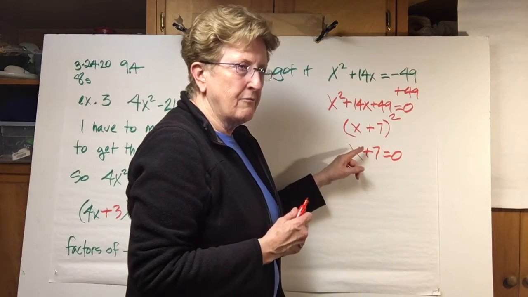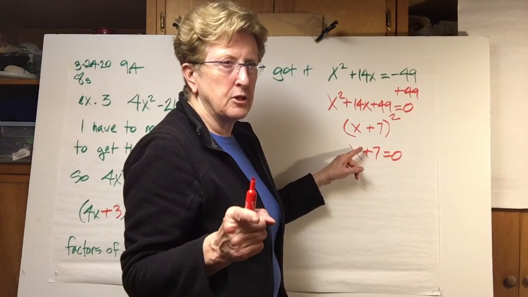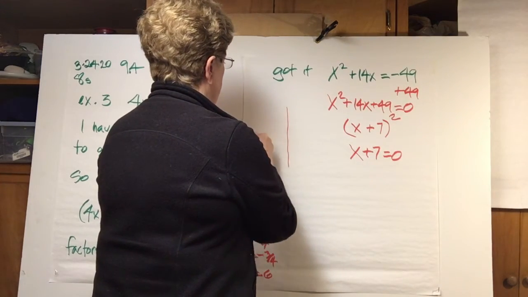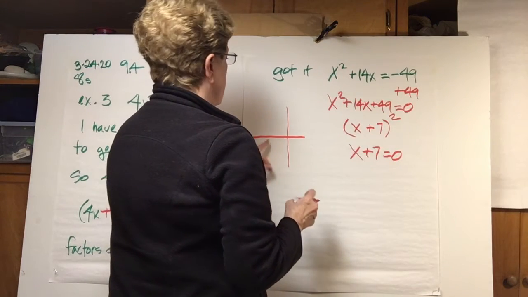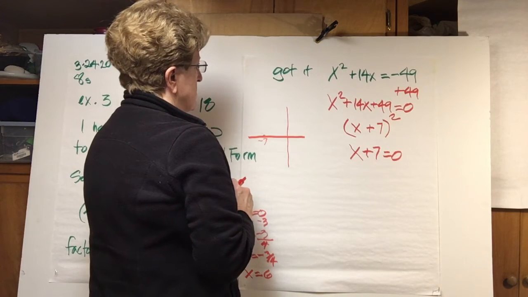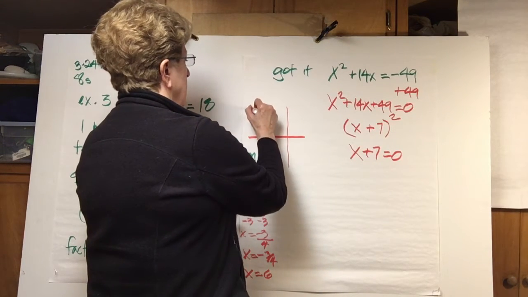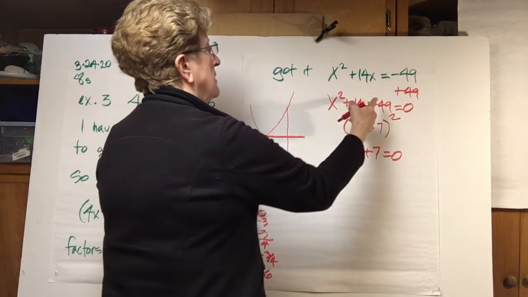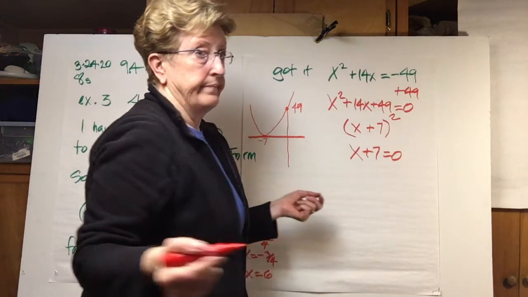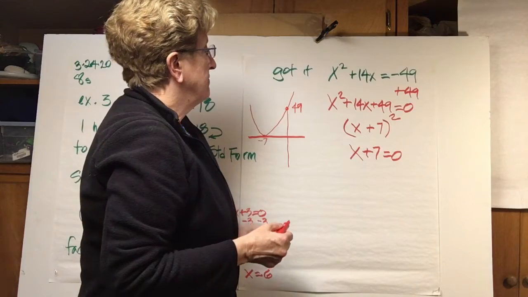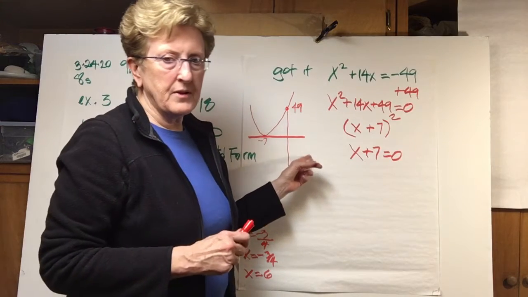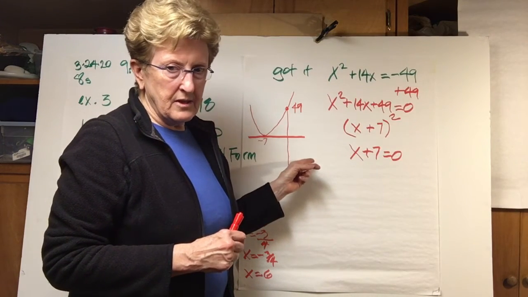And that means to me, if we go back to, I think it was page 562, I think I have one solution here. I think this is what's going to happen. Here I am. I'm calling this negative 7. And I think this is going to happen. And I don't know. I'm going to call that 49. So, I think that's how it works. And that is basically the end of this section